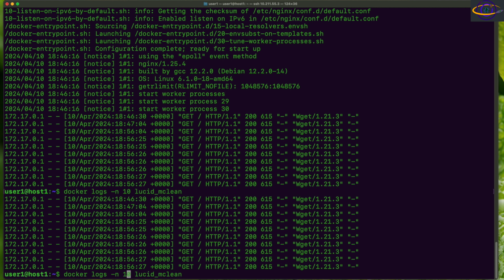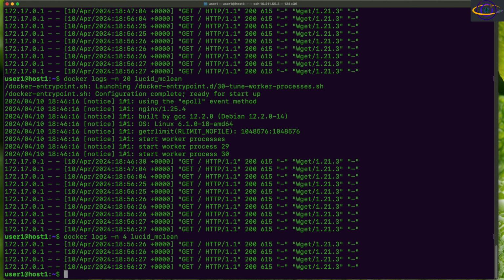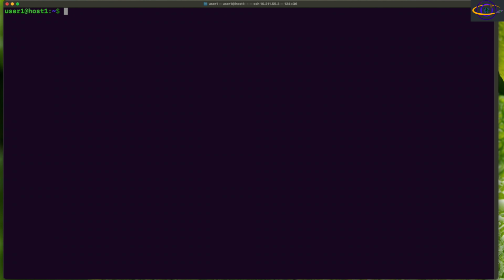Or you could say 20 lines if you wanted to, or cut that down to maybe the last 4 lines, right? You could also combine that with a -f, so you only get the last 4 lines, but continue following it for any updates. So that's another thing you can do. All right, I think that's pretty much everything I wanted to show you about how to